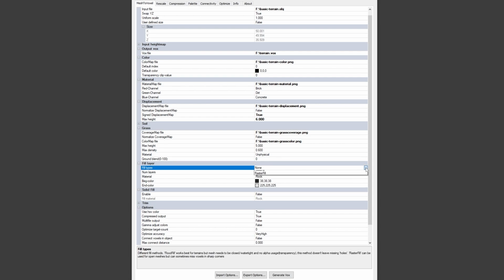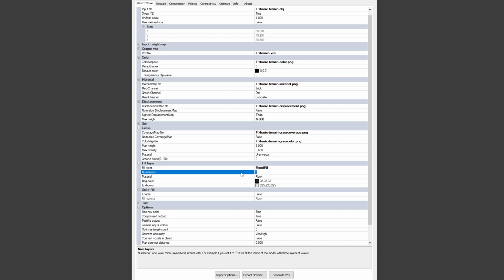And to use that, we will have to use the flood fill type. I will take a look at raster fill in a future video. We are not talking about that today. And I am going to create 4 layers of indestructible rock underneath my terrain. And again, I will pull up MagicVoxel to show why this is a good idea.